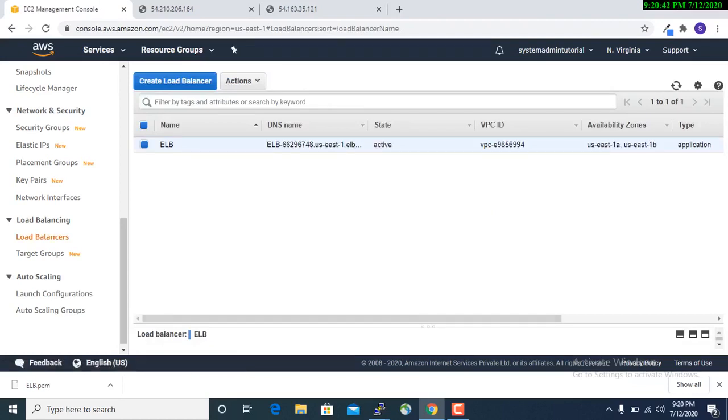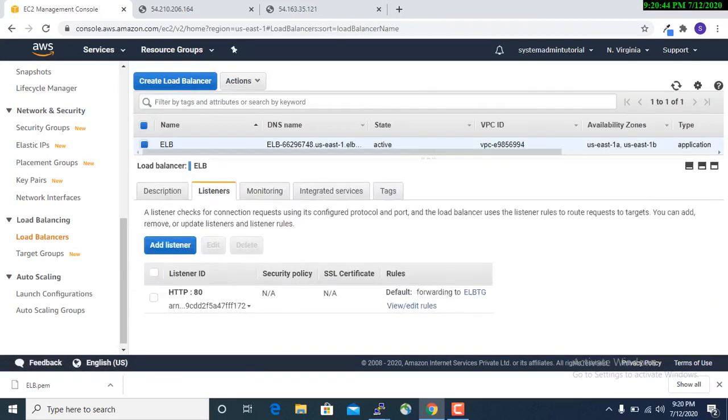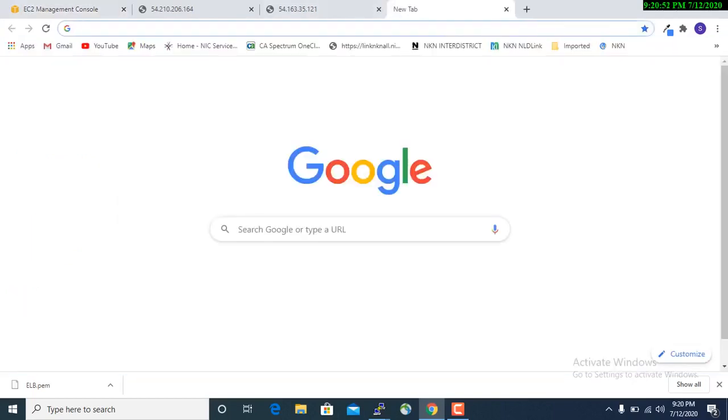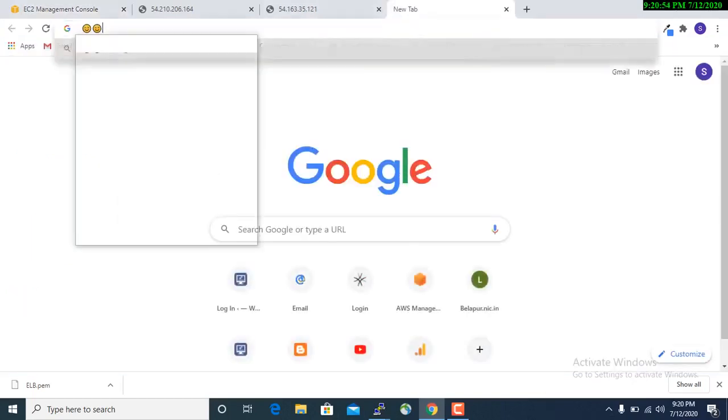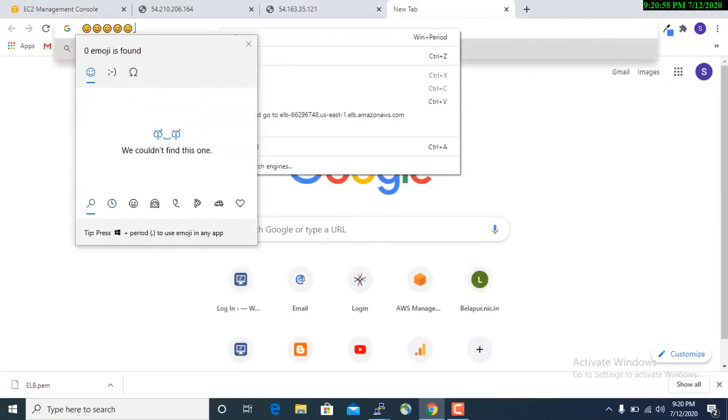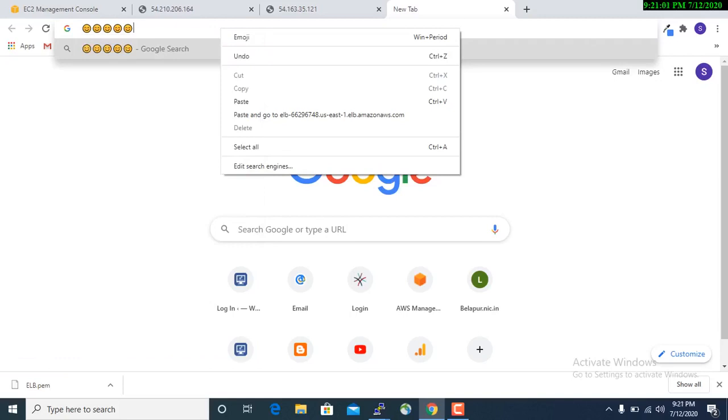You can see, go to the targets. In the target you will see server 1 and server 2. Whatever the targets are there, you can see. If you want to add a new server, then you have to register it from the load balancer and then add it into the target group. Unless and until you register and add into the target, the traffic will not move to that new instance from the ELB or load balancer.